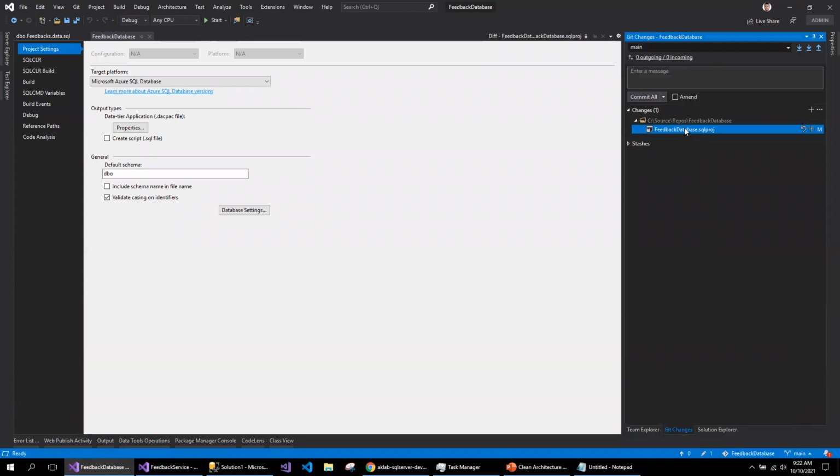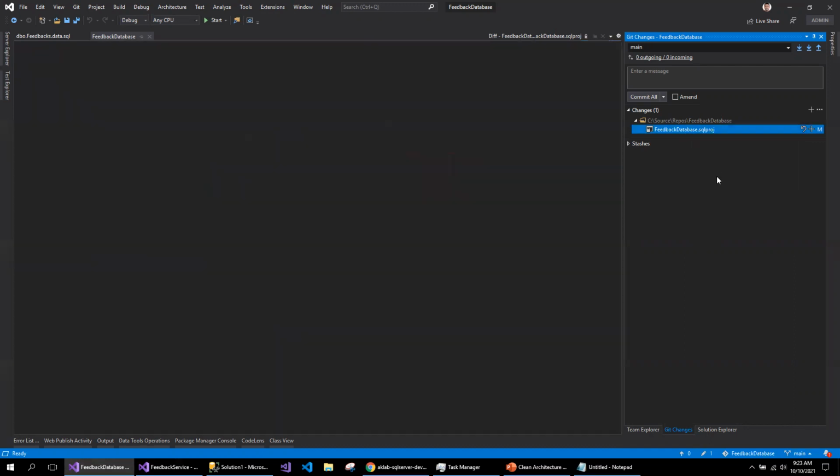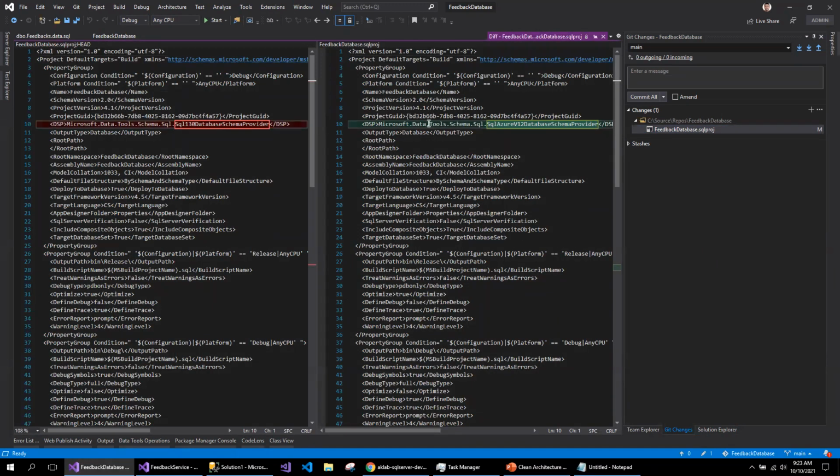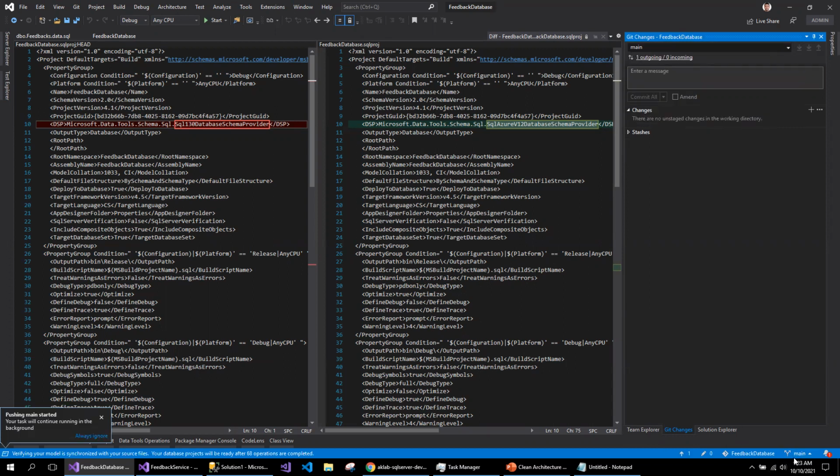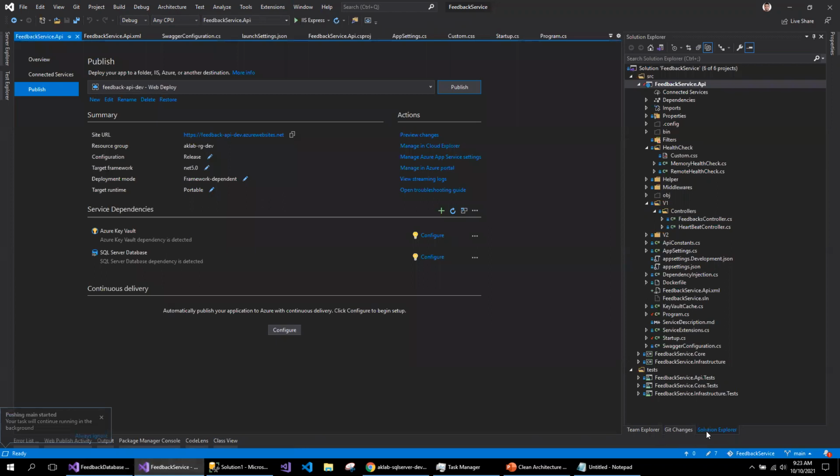So I know there are not many changes on the SQL database side. So this is the only change. So I have changed the target framework. For the deployment, I'll push the changes so that I can use that in the Azure DevOps pipeline to publish from main. Let me also commit my changes in the